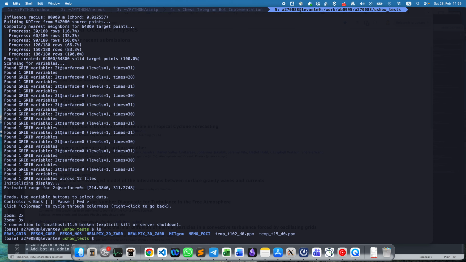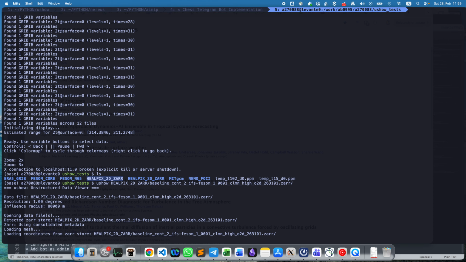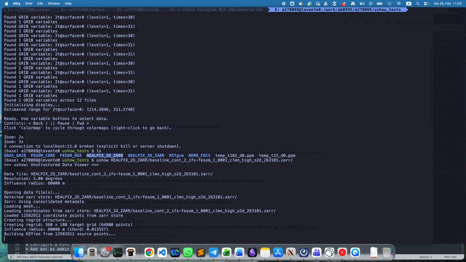Another thing that you can look at is the data on HEALPix in ushow, and here we have 2D data on HEALPix that is also distributed in a Zarr format. And again, for this to work, your data has to come with latitude longitudes. For the HEALPix data that we have here, although HEALPix lat long is easy to construct from the HEALPix description, this data in particular just comes with latitude longitude, so that's super easy to handle,